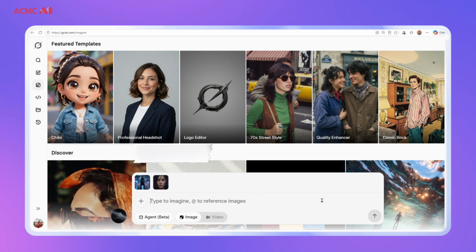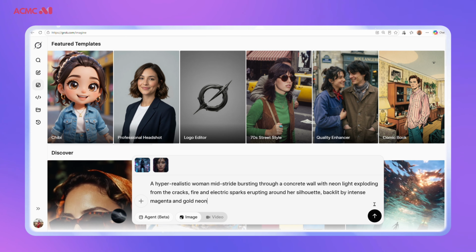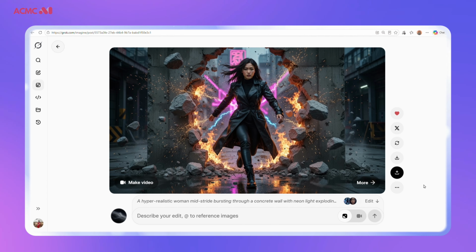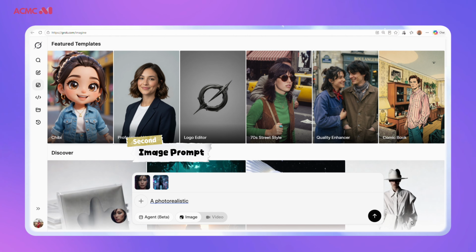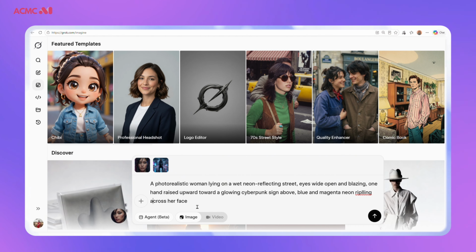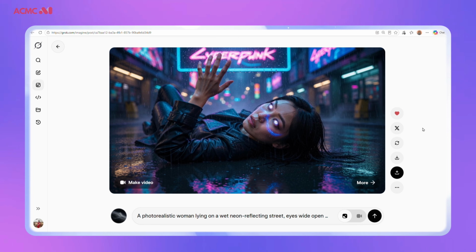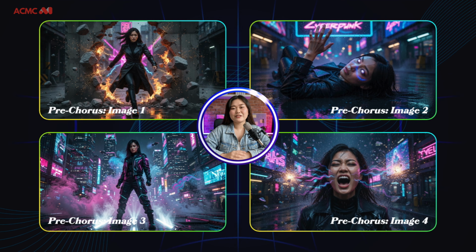Part 3, the pre-chorus. This section should focus on building anticipation and gradually increasing visual intensity. The energy is starting to build here, which is exactly what this section needs.